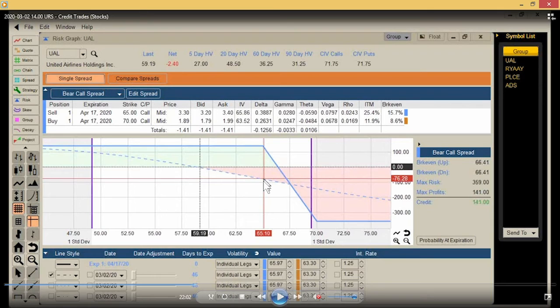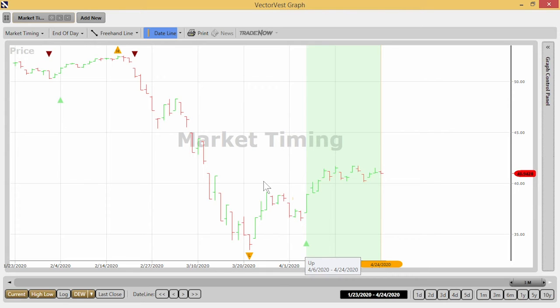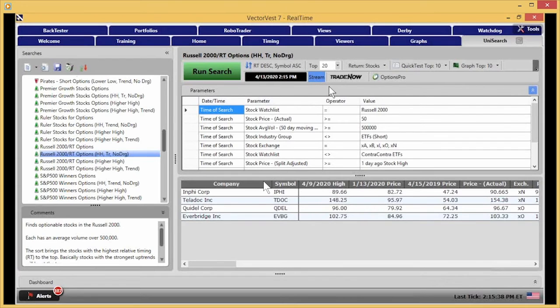That is income. Now, what happens if the market moves back up? Don't worry, I'm going to show you the outcome of both of those trades, or that trade. On April 6th, the DOW turned back up. So I use one of my scans, Russell 2000 RT, which I've modified a little bit to make a bullish scan. I sort by RT descending. And now I get